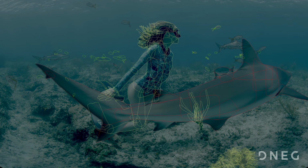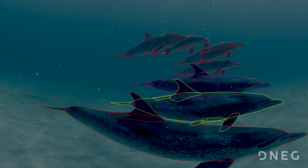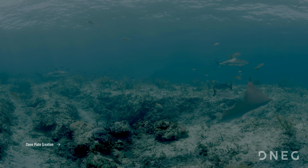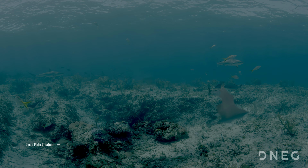We go to roto. So every single dolphin is traced and outlined. We sculpt out, or we roto, their flippers and individual brow for their face, so that we're able to create detail within them. Then we go to depth, where we duplicate the eyes. There's some horizontal offset to the pixels between each eye, and that's what creates the depth. Offsetting the pixels stretches pixels around dolphins. So we have to go to paint to remove the artifacts around the edge, create clean plates for everything,